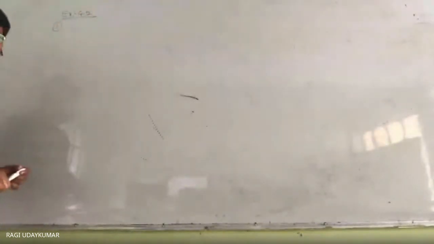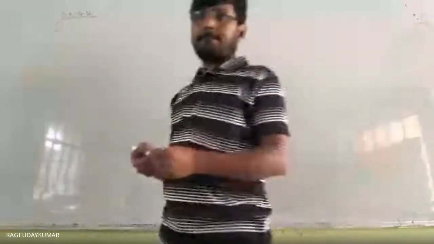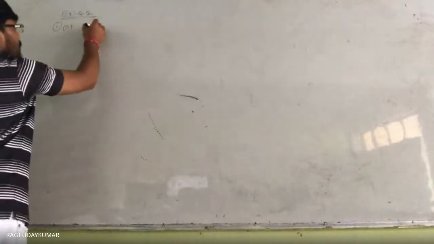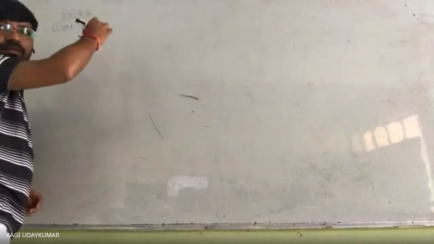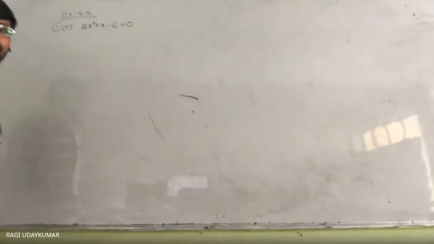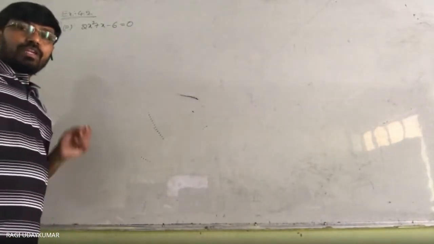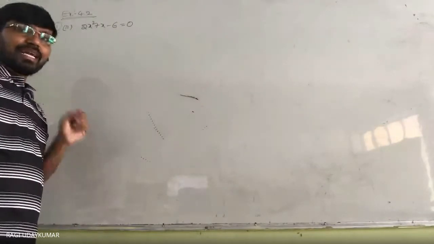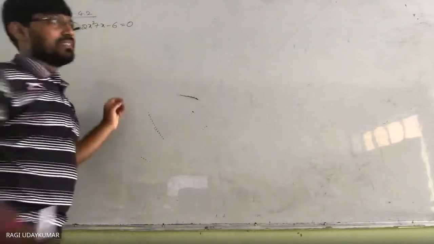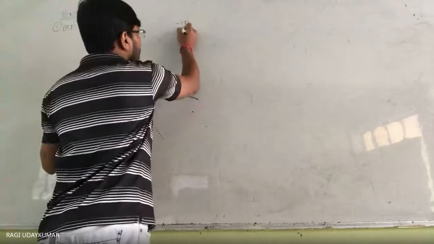First question. In this, second one you take. First one will be very easy. So 2x square plus x minus 6 is equals to 0. This is the equation given to you. So first what we need to do? We need to multiply the x square coefficient and constant. X square coefficient is 2, constant is minus 6. So we are going to get minus 12.